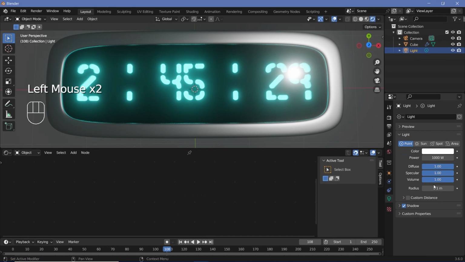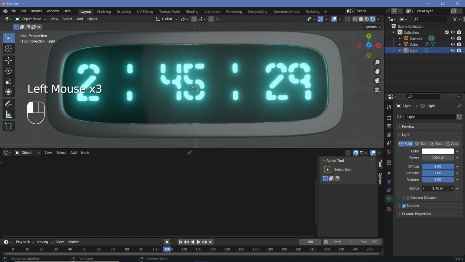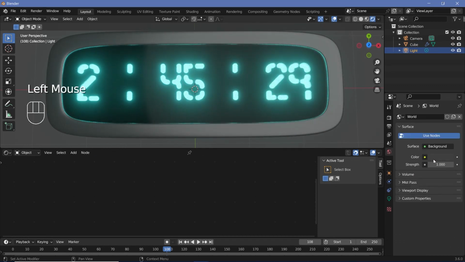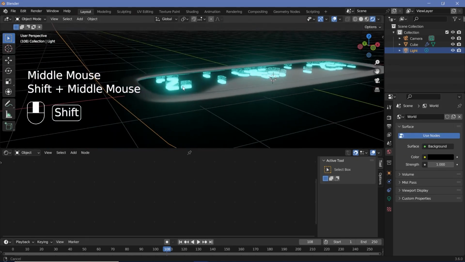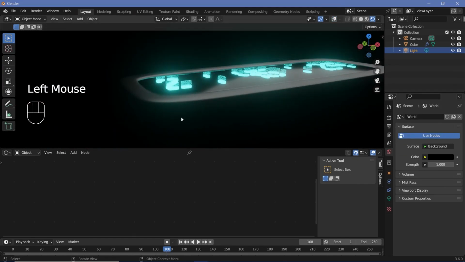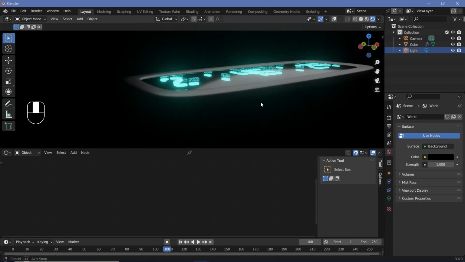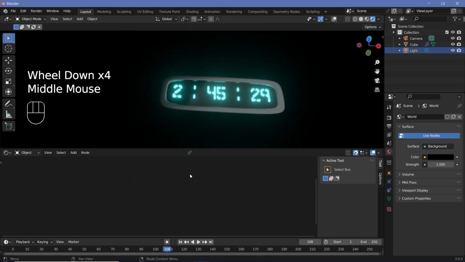Now for the light, I'm going to increase the radius by quite a bit so that it's nice and soft, and then I can go to the world background and just reduce this all the way to black. However, the problem with reducing it to black is that if you go to any side angle and switch off overlays, all of this just becomes camouflaged with the background, so we need some amount of light to fall on it. You could always add in more lights to the back and things like that, but what I find easier